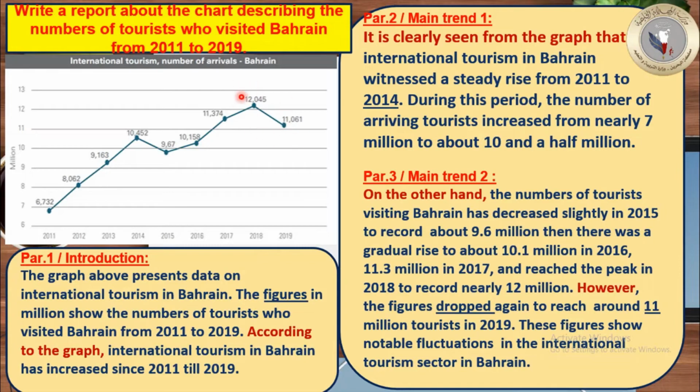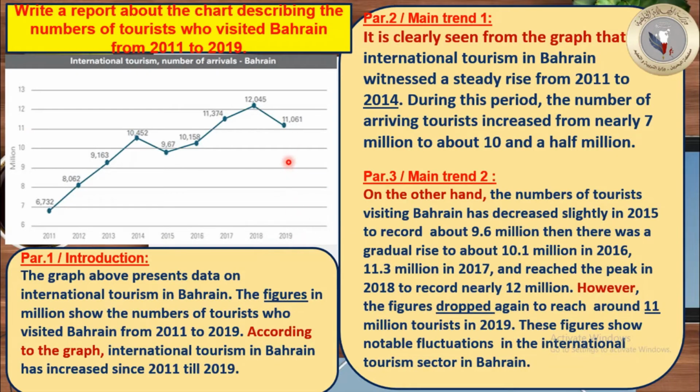what? Who can tell me? Because the values or the numbers of tourists decreased again. After this increase, there is a decrease. So I use however. The figures dropped again to reach around 11 million tourists in